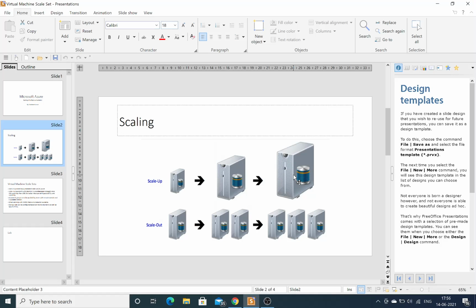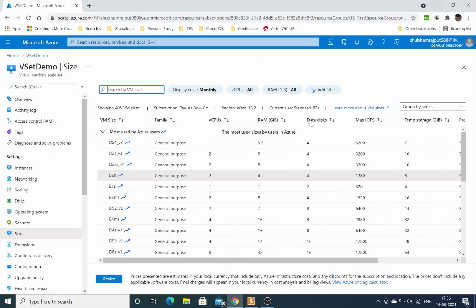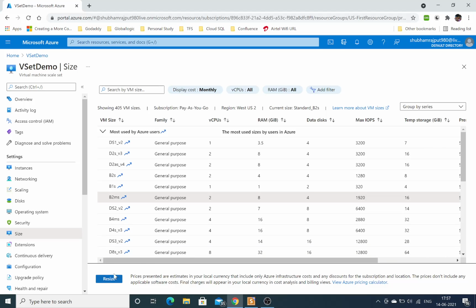This is mostly used in the case of databases, because databases are not distributed and run on a single system, so it is good for them to increase the hardware. The scale up process is more suitable for databases. If you want to increase your configuration, you can come over here and resize it, and it will take a restart and the configuration will be updated. So this is the scale up option.